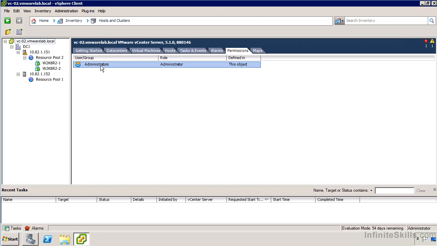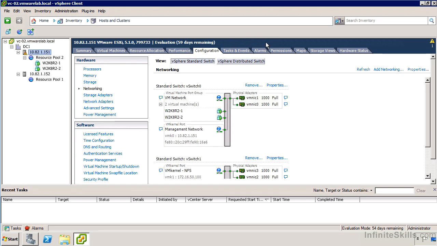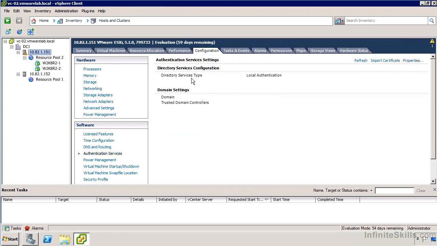Now, it's quite interesting how this happens because if you go to one of the hosts, we'll see that we actually do have the ability to set up local users and groups on those hosts, at least when they're not managed by vCenter. And we can also set the authentication services and specify whether we wanted local authentication or set up Active Directory. So there are some options to do authentication locally, but that's really when we're using the vSphere client to connect directly with the hosts. When we're using vCenter, the vCenter proxy account is what's going to be used to perform all the work on the hosts. And the only permission that we need and the only user assignments that we need are in vCenter